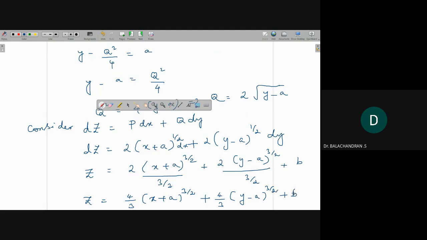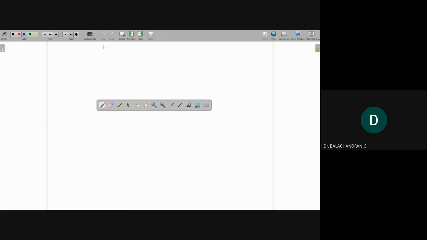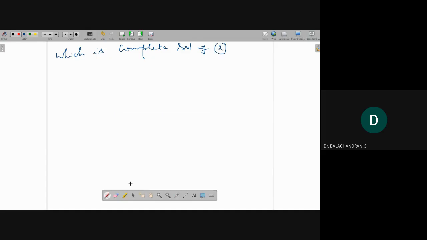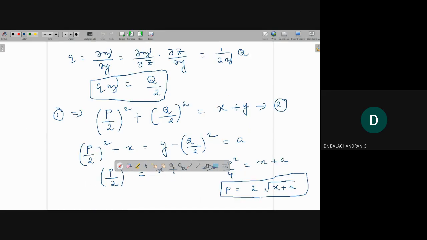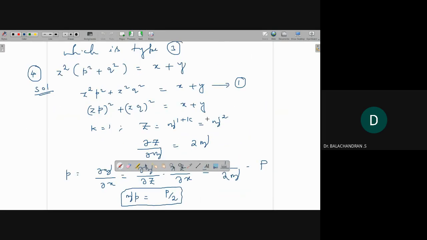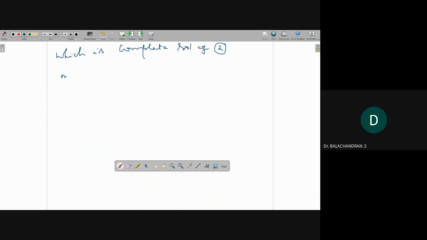So actually, which is the complete solution of what? Which equation? Equation 2. So this is the complete solution of equation 2. But we need a complete solution of the given problem. So the only thing, you should replace capital Z by what? What is the substitution we gave? Capital Z equal to z square. So the complete solution of equation 1 is